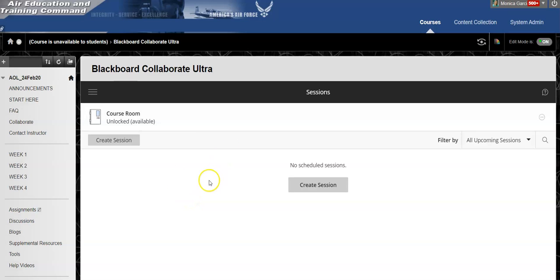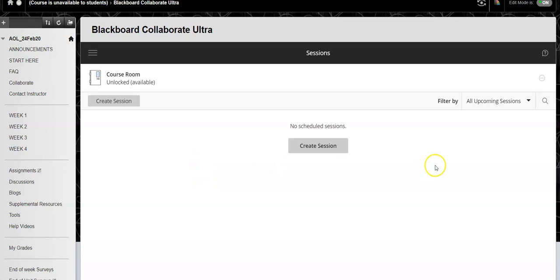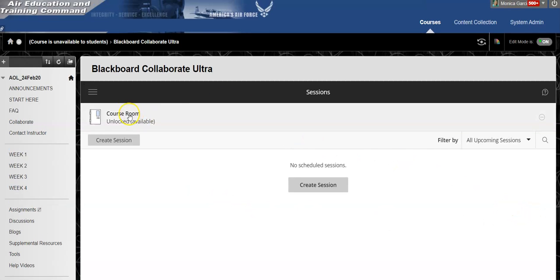You have several different options within this new interface, and several of them are actually very useful, especially when tracking student attendance. So in order to enter your course room, you're going to go to the bar where it says Course Room. If you want to enter it, simply click it,